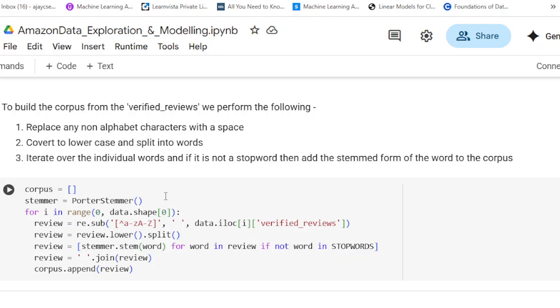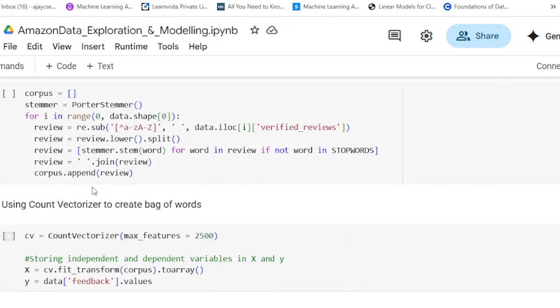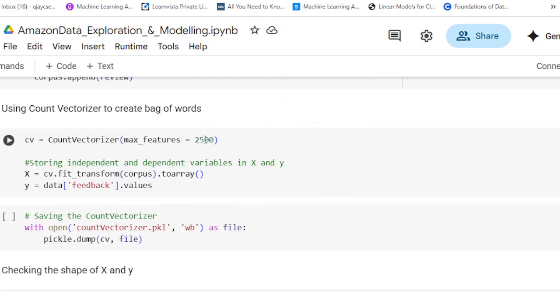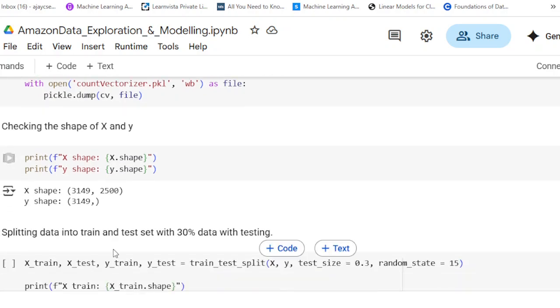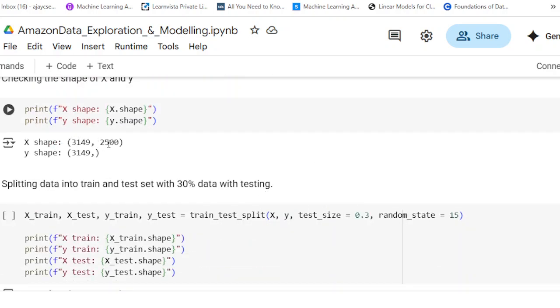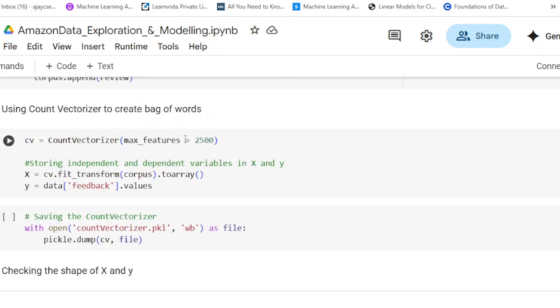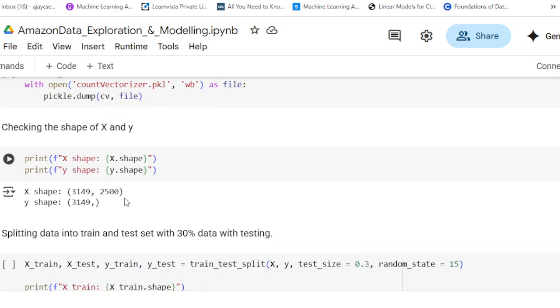Coming to the pre-processing and modeling, here we perform Porter stemmer, convert all the reviews to lowercase, remove the stop words, and also join the reviews back into sentence form, and use count vectorizer to create the bag of words model. So that becomes the X data set, and then we have the Y data set. If we want, we can save the count vectorizer object. So I get 2500 features captured in the bag of words model, and that is my X, and the Y is